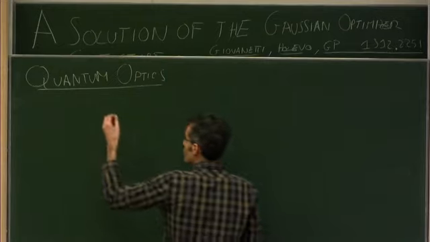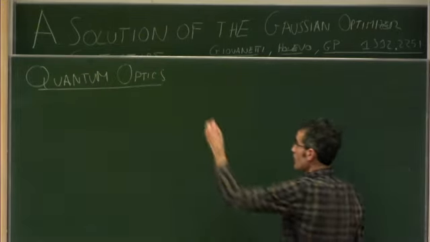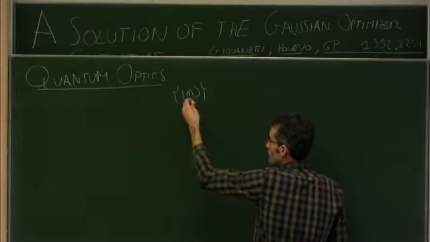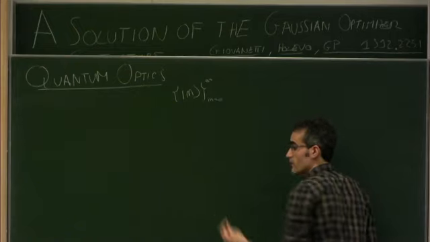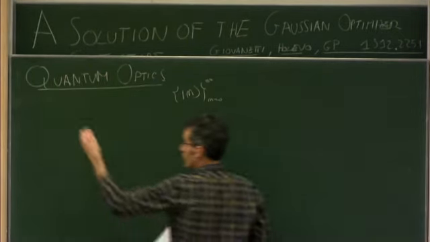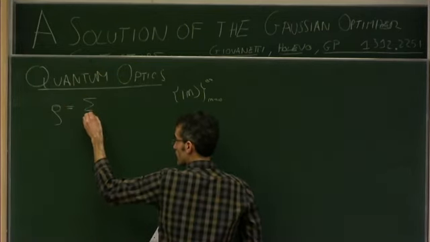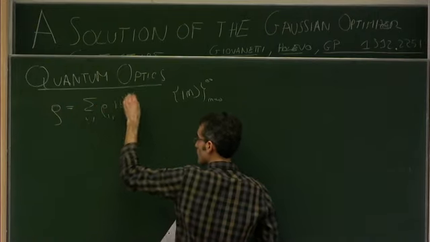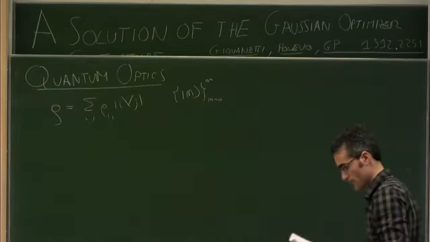Here we have a Hilbert space that is discrete and infinite dimensional, and we call it the Fock basis, where this n goes from 0 to infinity, and this n represents the number of photons of your quantum state. So a quantum density matrix will be written like this, where i and j are numbers of photons.